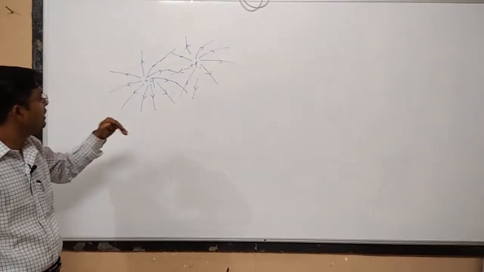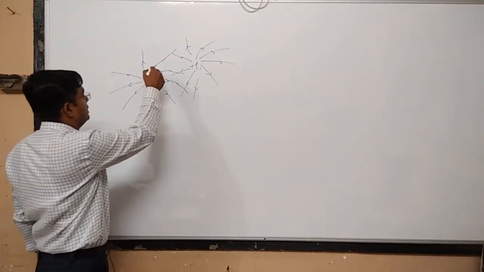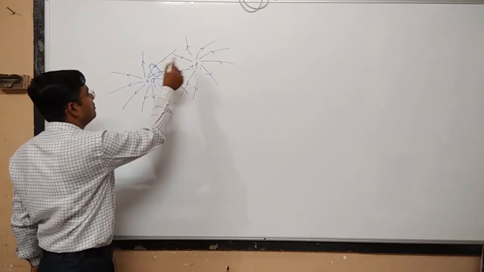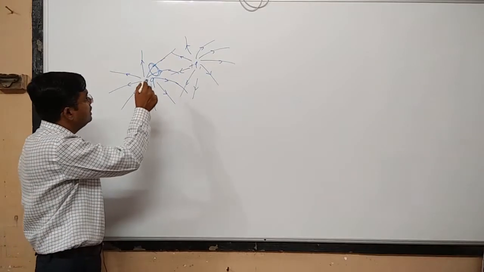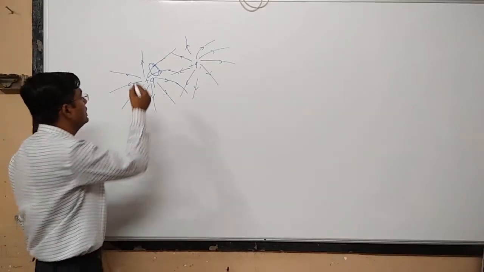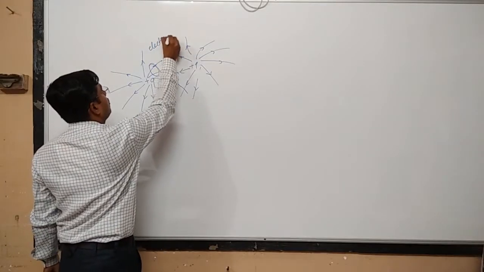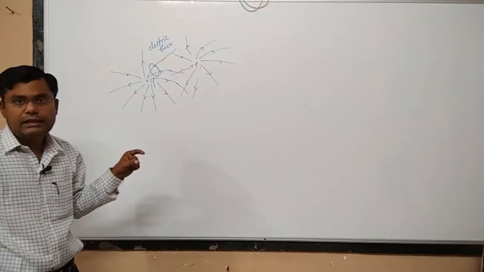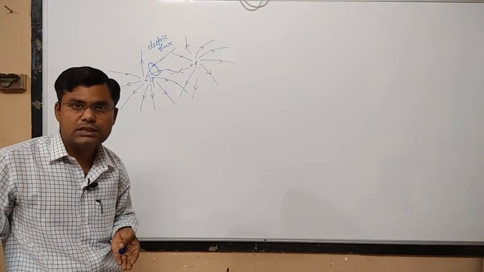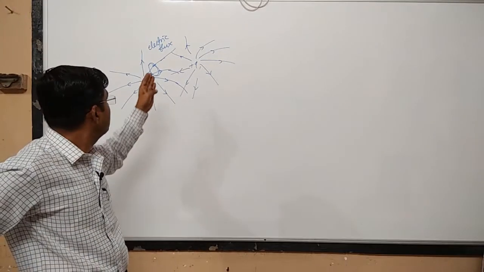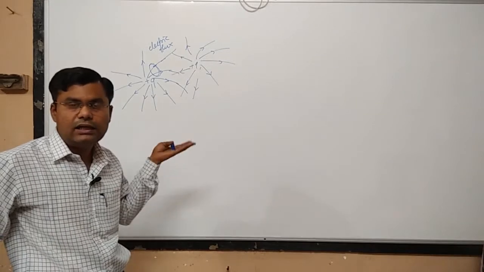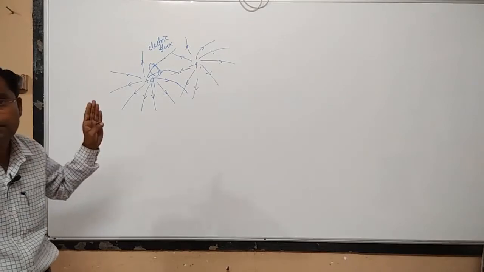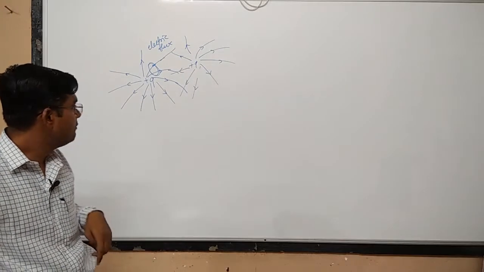Since we have represented this electric field by drawing the electric lines of forces, we can define the number of electric lines of forces passing per unit area. Suppose this is the unit area, and in this unit area, how many electric lines of forces are passing? The number of electric lines of forces passing per unit area is called the electric flux, okay. So if a particular unit area has a large number of electric lines of forces, then we can say that this area has a large electric flux, and if there are fewer electric lines of forces, then this area has less electric flux, okay.